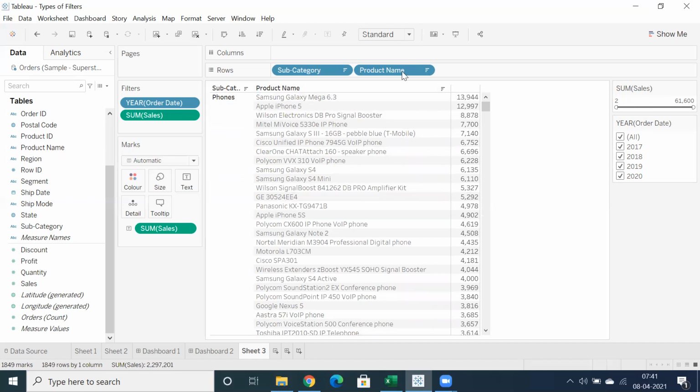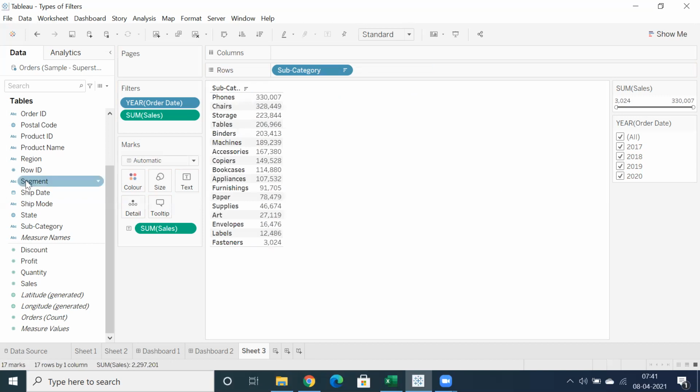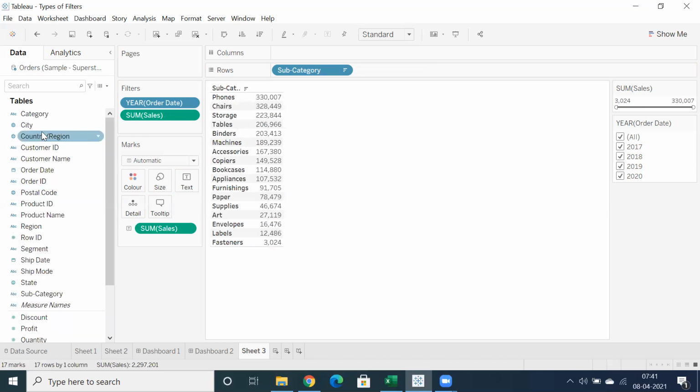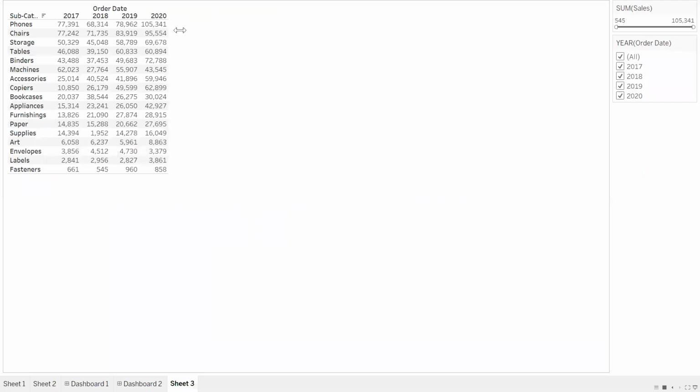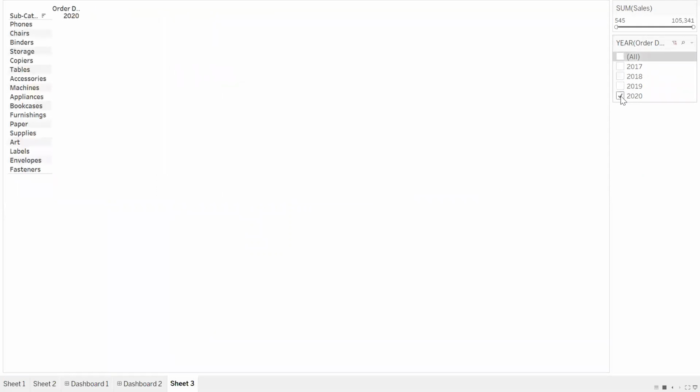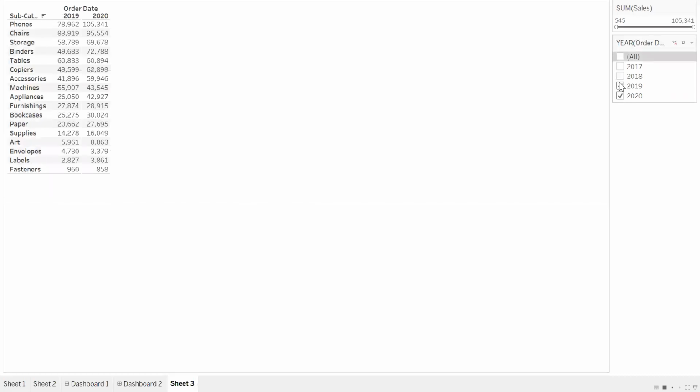Let's say I have 4 years of data. Here we have Order Date. Let's drag and drop Order Date into columns. I have 4 years of data here. Now, if I want to look at only particular years at a time for some analysis, say 2019 and 2020, I want to compare these two at a time.